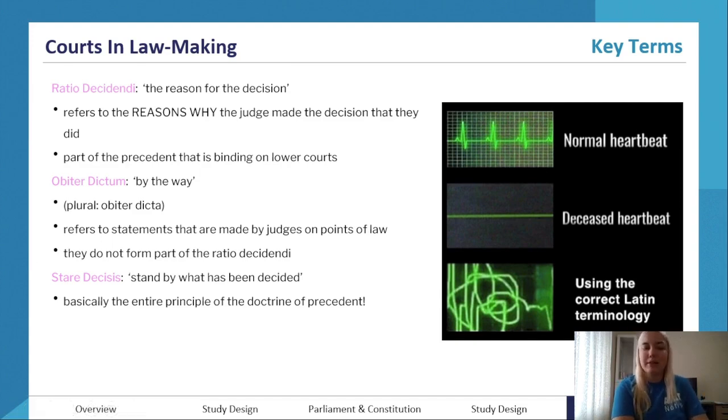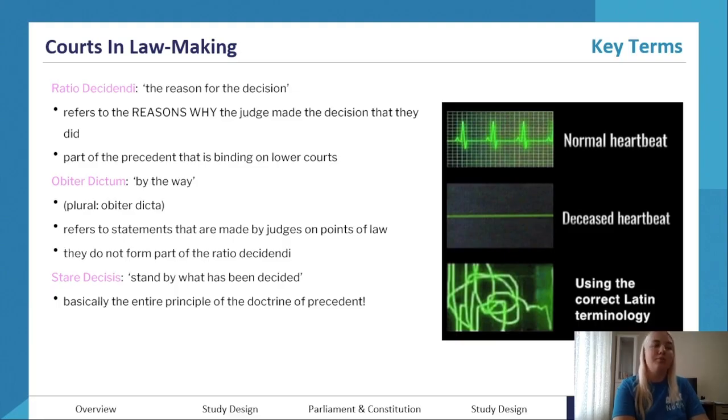Now, obiter dictum is not legally binding parts of the precedent. It is not legally binding. The obiter dictum literally in Latin means by the way. Okay, so these just refer to judges' comments. So this might be